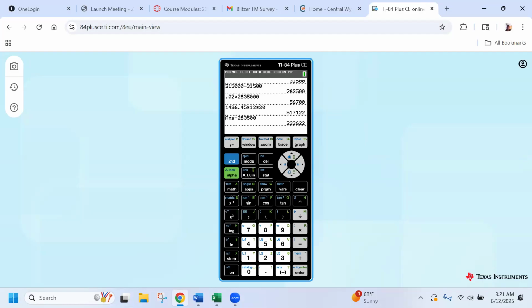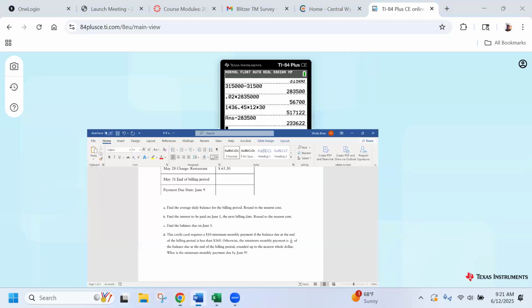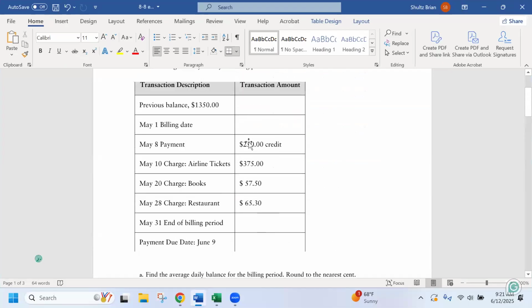All right, so I have my calculator, but I'm going to pull up my notes